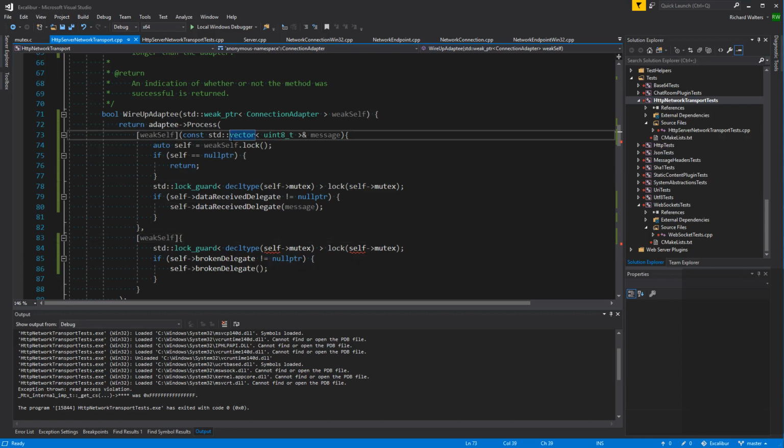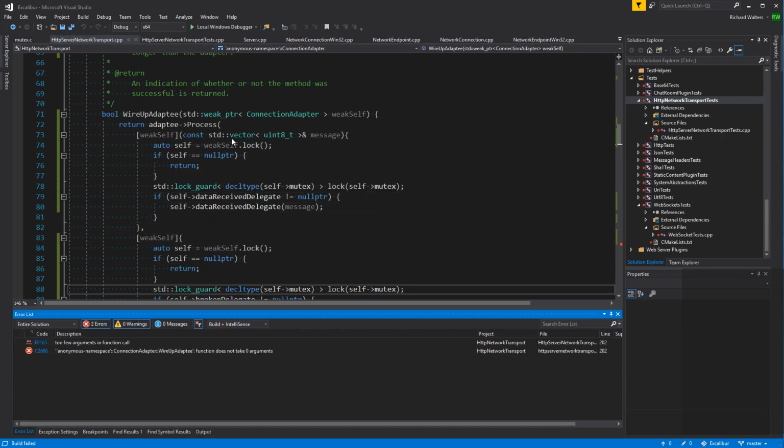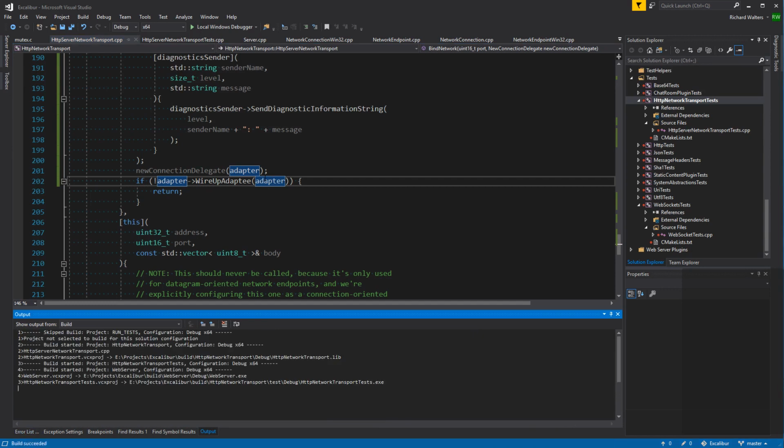Okay. Oh, because I need to do this thing again. Too few arguments. Yes, there are too few arguments. So it's adapter, weak pointer to itself. All right.